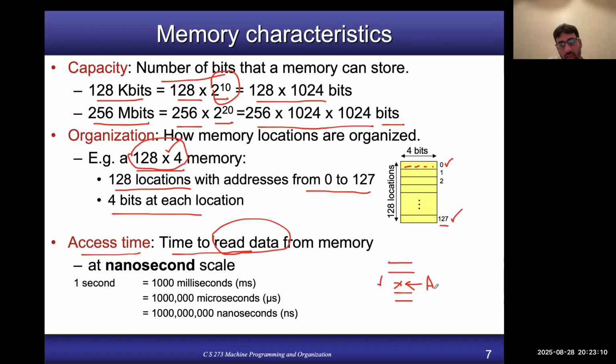Why? Because if I'm assuming that I'm not using that data again, I can continue with the next instruction without